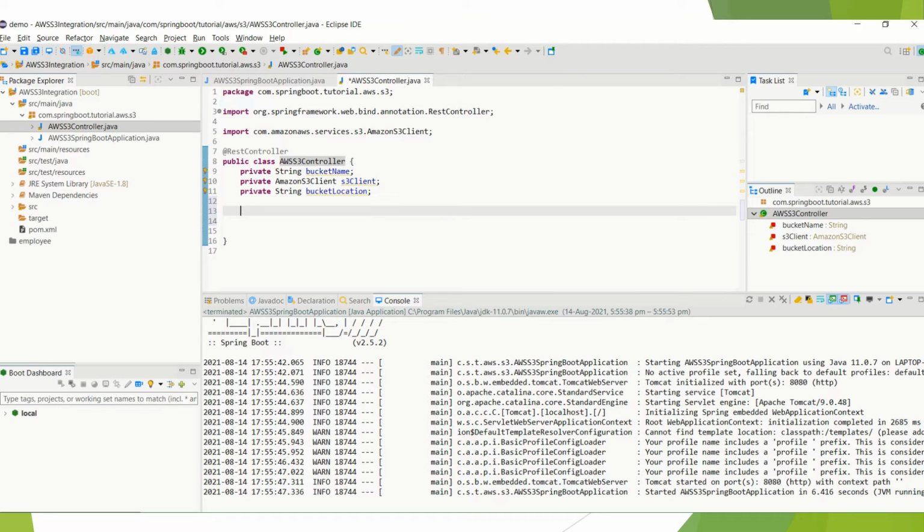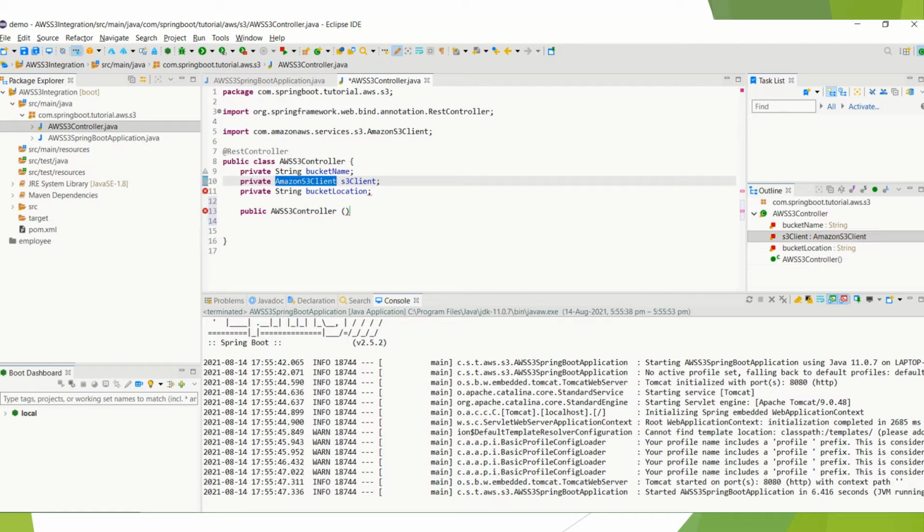We have to now add the controller constructor, public, let's say string, sorry. See here the thing to know: we are not creating the S3 client from the builder. If you have experience interacting with S3 using the AWS SDK, you need to create the client builder, and from that builder create the client.